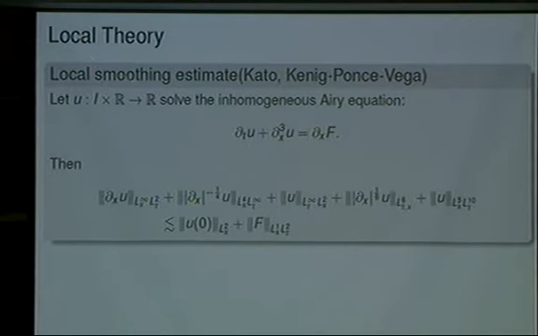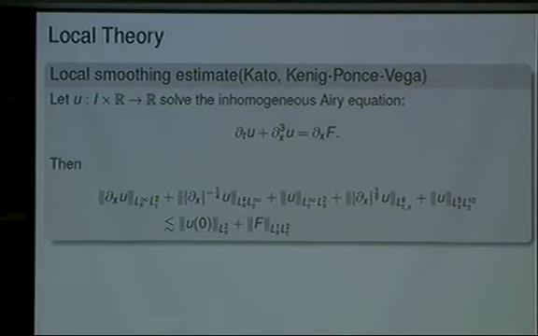So usually in dispersive equations, like the linear wave equation or Schrödinger equation, the Strichartz estimate plays a crucial role for well-posedness. The Strichartz estimate still holds for the KdV, but it doesn't